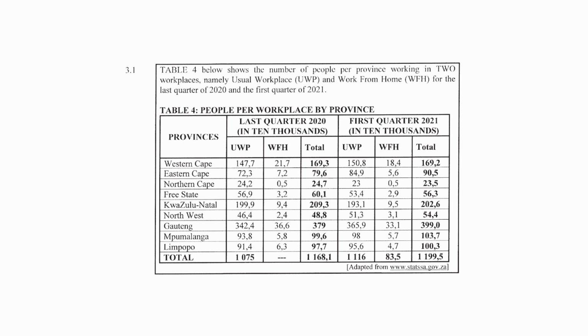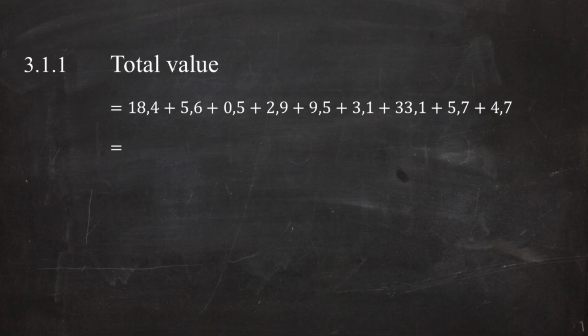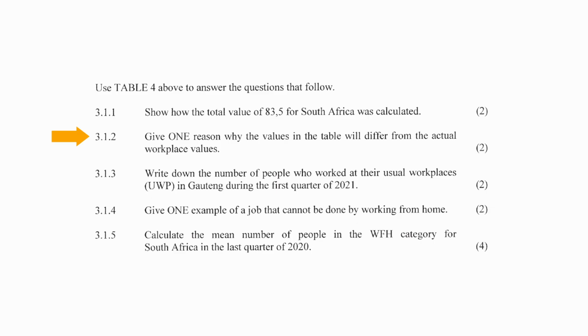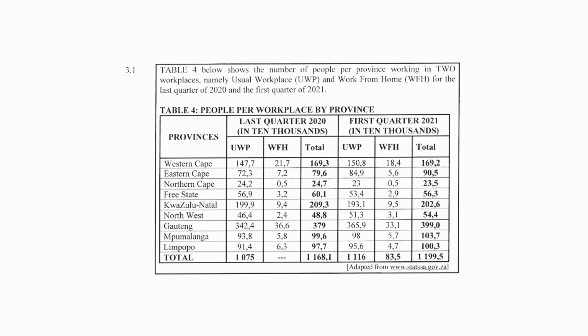The total value of 83,5 for the work from home for the first quarter of 2021 was calculated by finding the sum of all the people from all provinces that worked from home. The sum of the number of people that work from home in South Africa in the first quarter of 2021 will equal 83,5. In question 3.1.2, you have to give one reason why the values in the table will differ